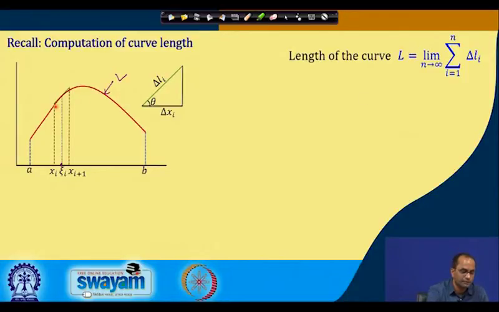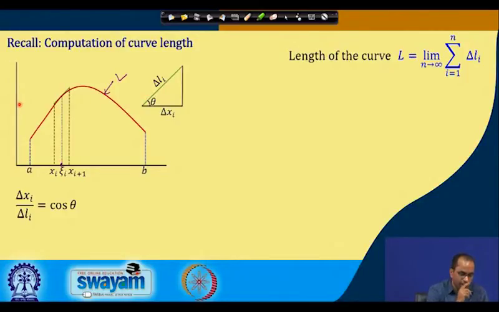If we do not take the limit we have an error, because the tangent is not representing the curve in the interval delta x_i, but when delta x_i goes to 0, we will end up calculating the length of this curve from A to B. So, we want the limit of the sum from i equals 1 to n of delta L_i, as n goes to infinity. Now this delta L_i we will write in terms of delta x_i